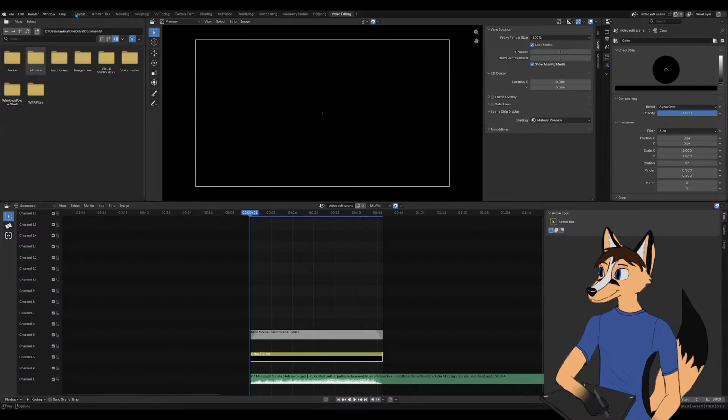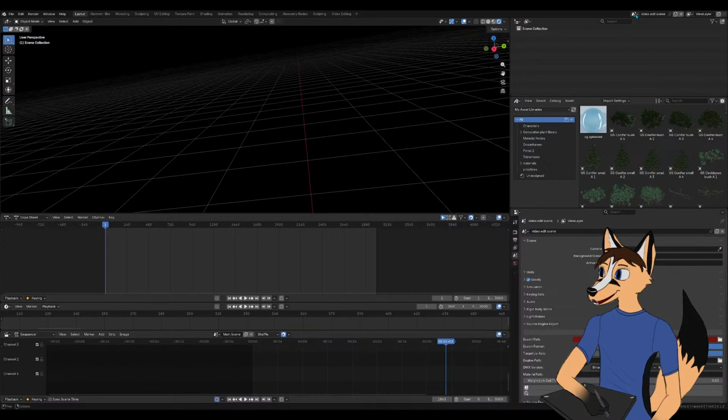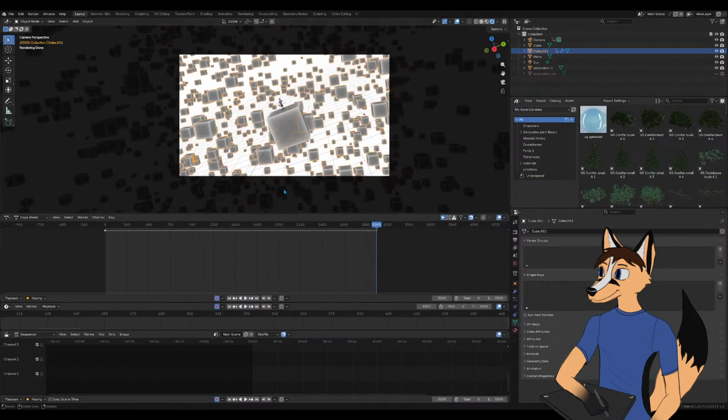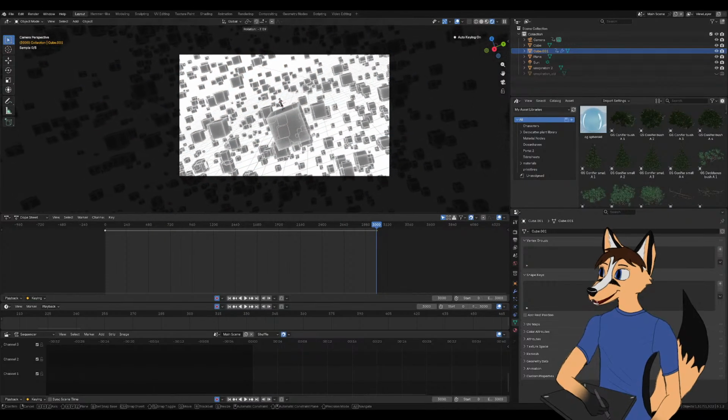Rotation on those cubes, even though I thought it was a happy accident at first, honestly kind of takes away from the Dutch angle of the camera, so I'm going to kind of reduce the effect of that.